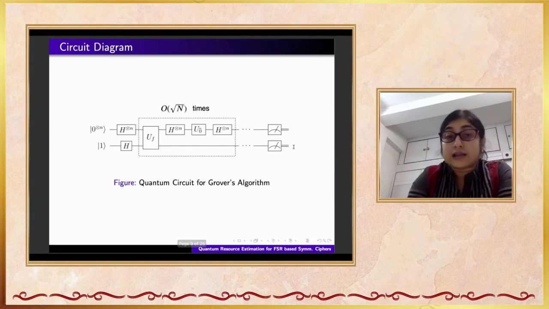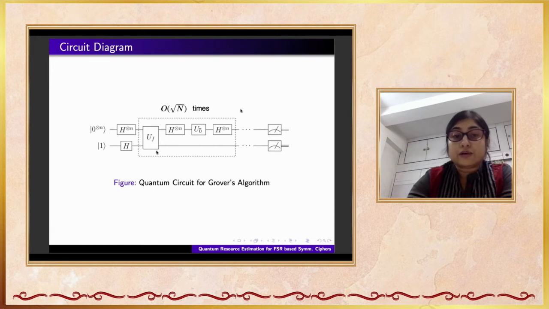Now this is the circuit for Grover algorithm. So in Grover algorithm, this is G. We have to start with n number of zeros and n number of Hadamard gates to create equal superposition of all 2 to the power n many bit patterns. And here y should be 1 by root 2 (0 minus 1), and that is why we have to start with 1 and 1 Hadamard gate. So here n many registers and here 1 register, total n plus 1 many registers.